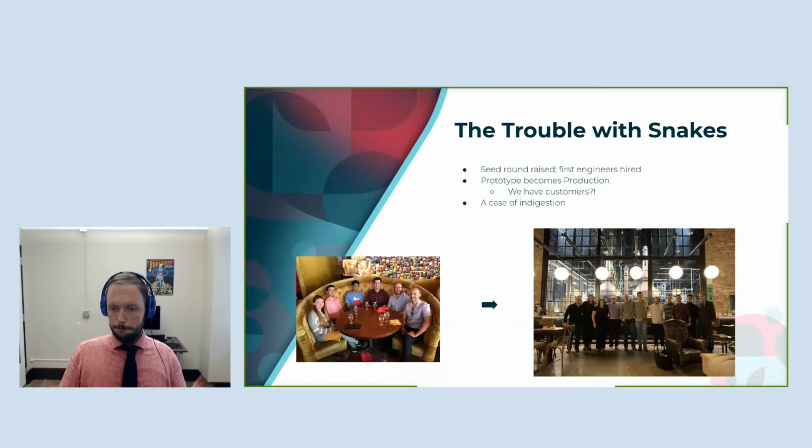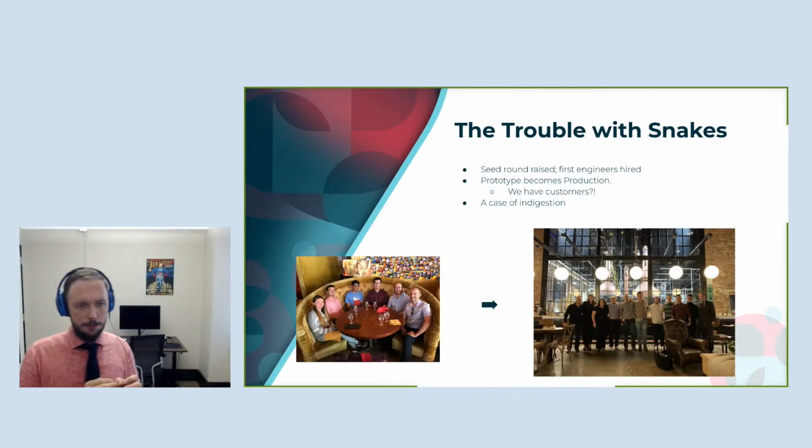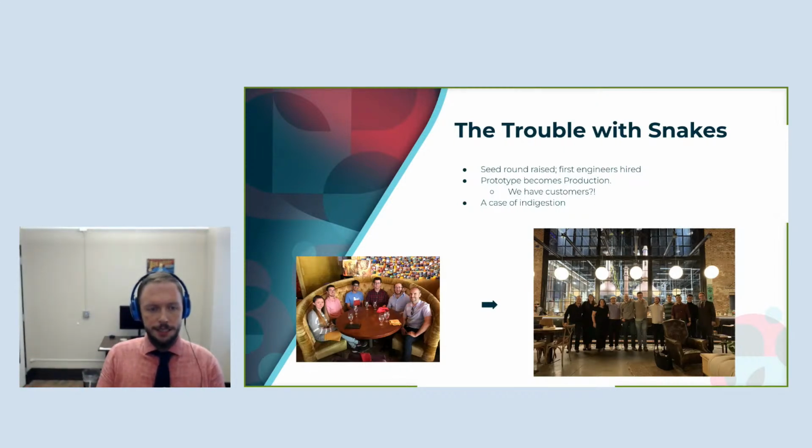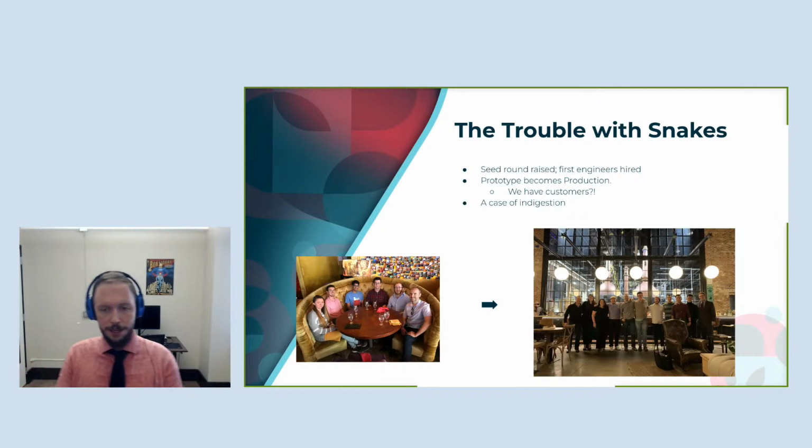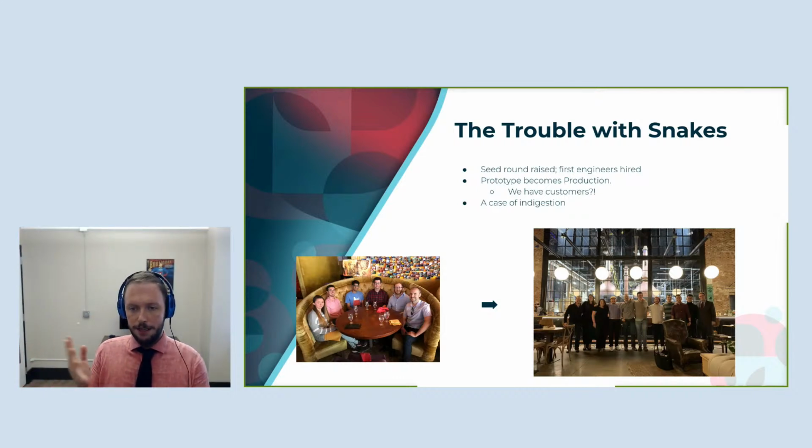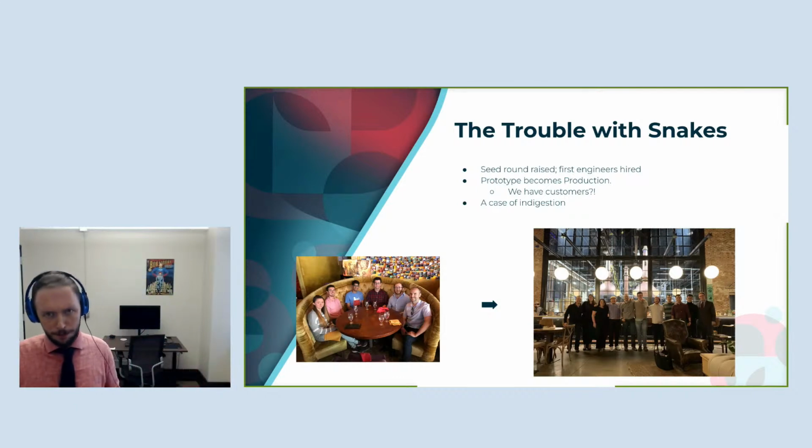So, year one proceeds. They raise a seed round. Buck does decide to come on as the CTO. You can see on the left here, there was a summer of interns who did a lot of things at the very, very early stages here. And then, year one, there's a first round of hiring. You can see me over at the rightmost here. This is our first year holiday party. So I had the chance to join pretty early on.